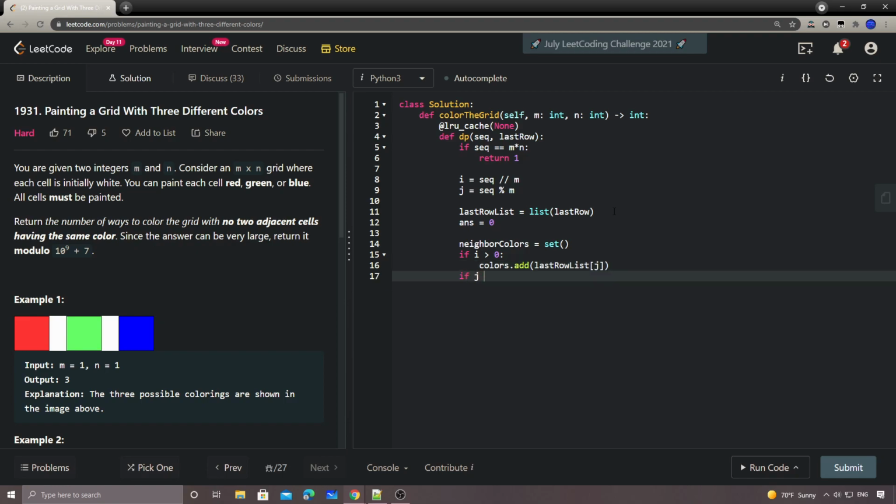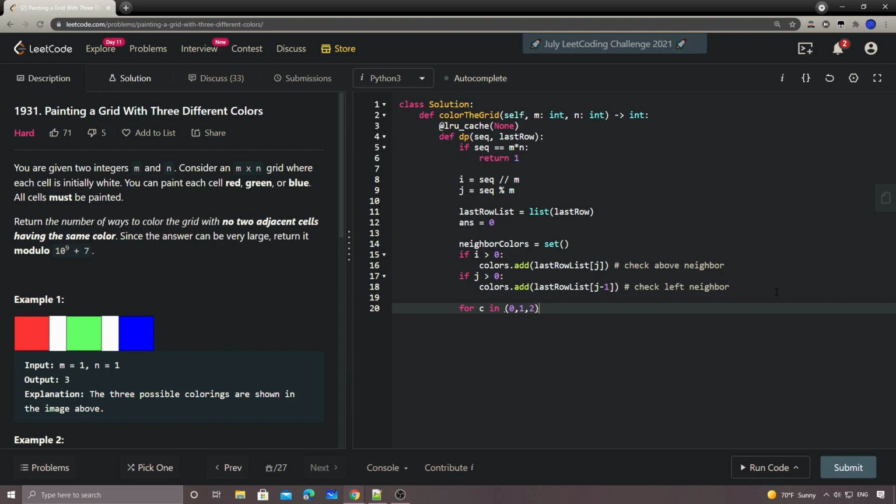And then if j is greater than 0, then we need to check the left one, right? So similarly for this one, we have the left neighbor, which is j minus 1, right? Okay, cool. And then for c in range 0, 1, and 2, I just use 0, 1, 2 to represent these three colors, right? So if c not in colors, and then I do